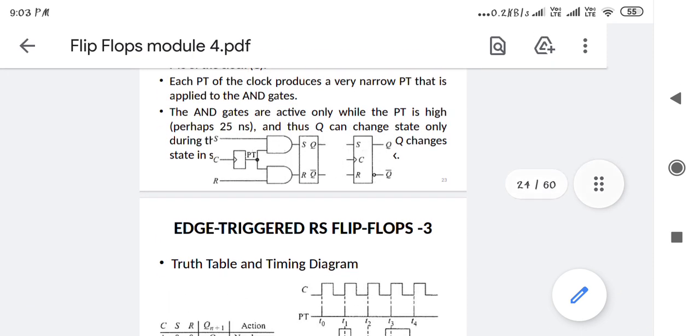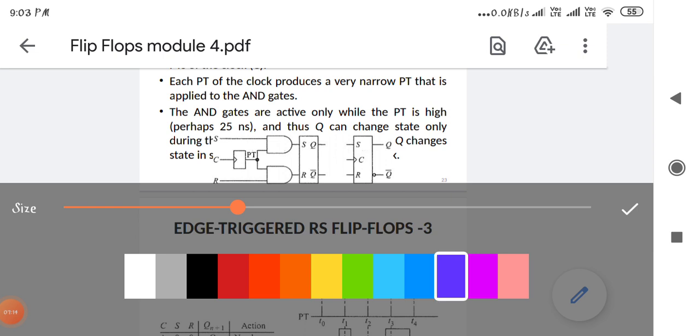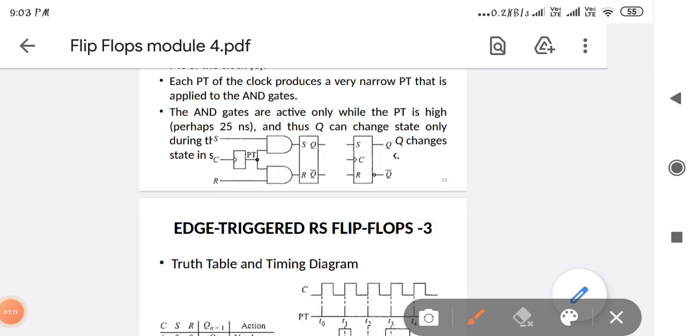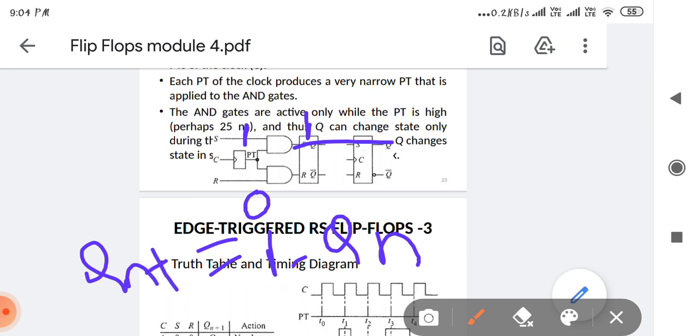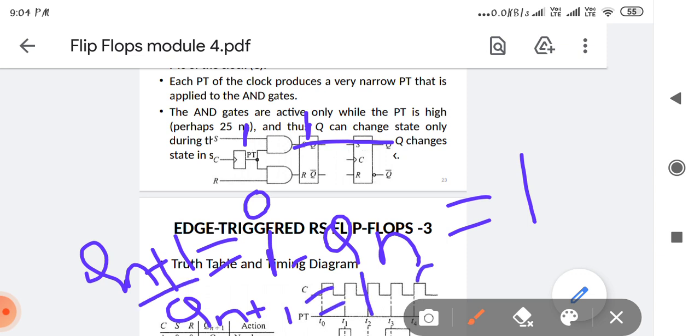Next, can we take it? S equals 1, R equals 0. Can we take this S as 1? The clock is also 1, so 1 comes in the output. In the 1 into Qn, Qn+1 equals 1. Qn+1 bar equals 1 into Qn bar. Sorry, 0 into